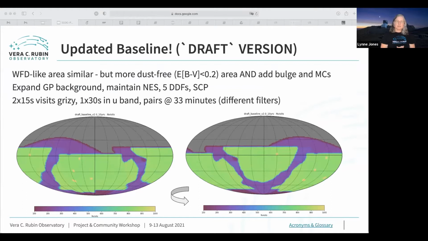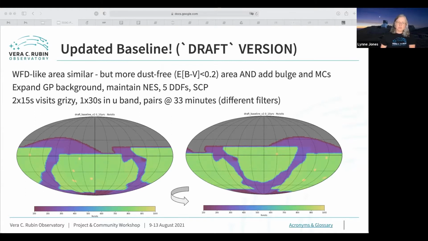So we talk a little bit about those phase 2 simulations. These simulations are based on SCOC feedback from the cadence notes and from the 2018 white papers. One thing that became clear from the phase 1 simulations that we sent out was that the original old style baseline footprint was lacking in some areas, is lacking in galactic bulge coverage,